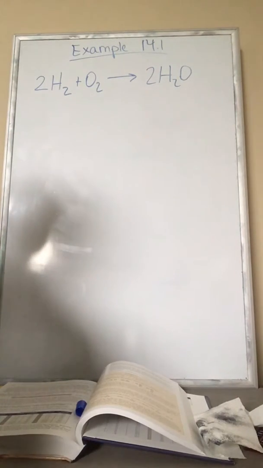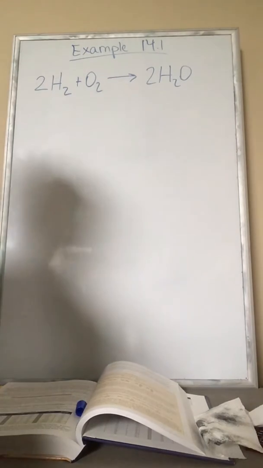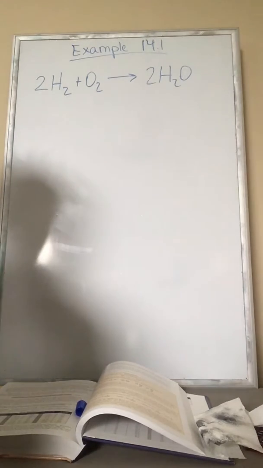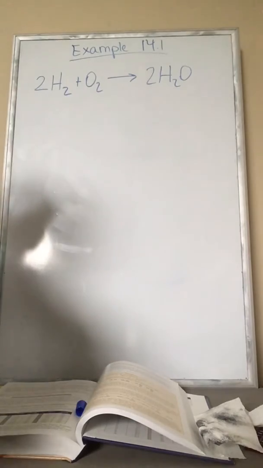Now we will do example 14.1. It's on page 421. We are asked to use the bond energies to determine the delta H of the following reaction: 2H2 plus O2 yields 2 moles of water. All right, so this is a composition reaction, but